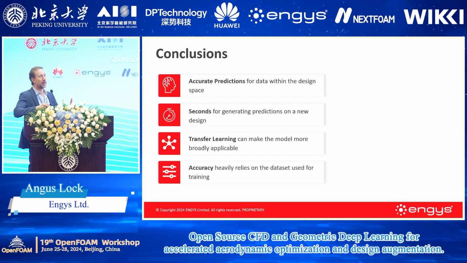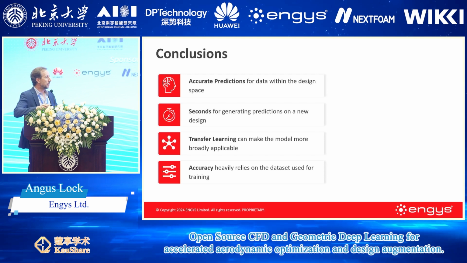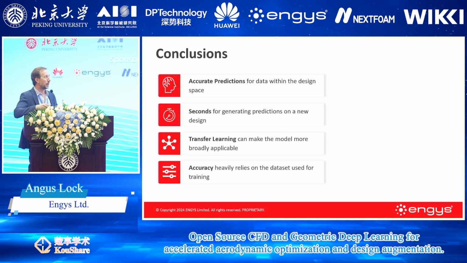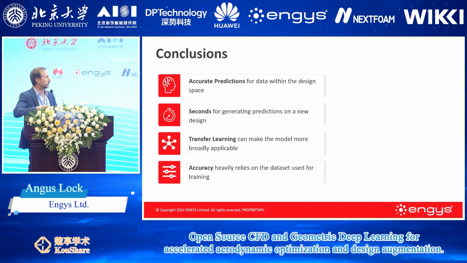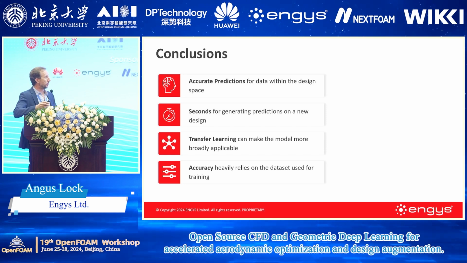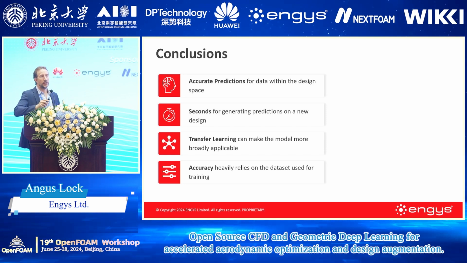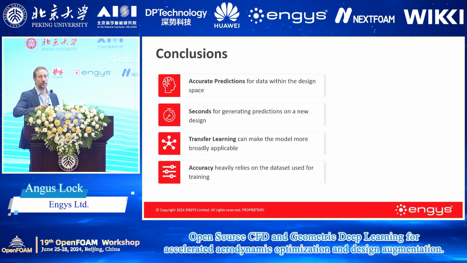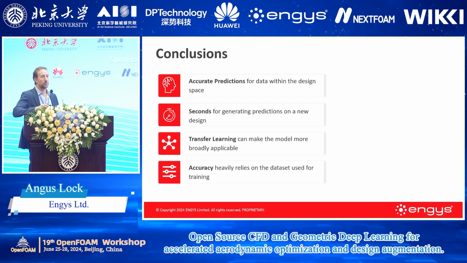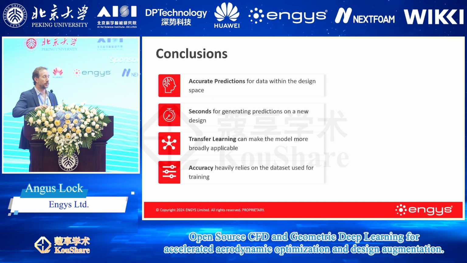We've gone from 6 to 7 hours feedback loop for the design studio down to literally seconds. So that obviously makes the whole collaboration with aerodynamics and design studio just much more effective. Where we do stray outside the original parametric space, we can use transfer learning to make the model more broadly applicable. And actually what a lot of the OEMs that are already using this software are doing is training on a large range of different vehicles to try and make a single machine learning model that will better predict across a range of different input geometry.